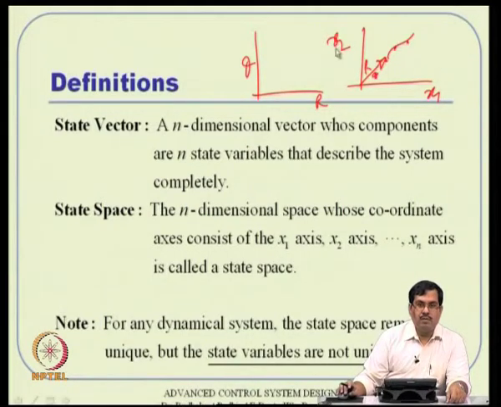But there will be conversion formulas available, and we know that r square equals x1 square plus x2 square, they are algebraically related. And the relationship need not be linear, they are uniquely related. That means r equals the square root of x1 square plus x2 square, that is there. That is certainly not a linear expression. But anyway, coming back to that, what it means is the state variables need not be unique.